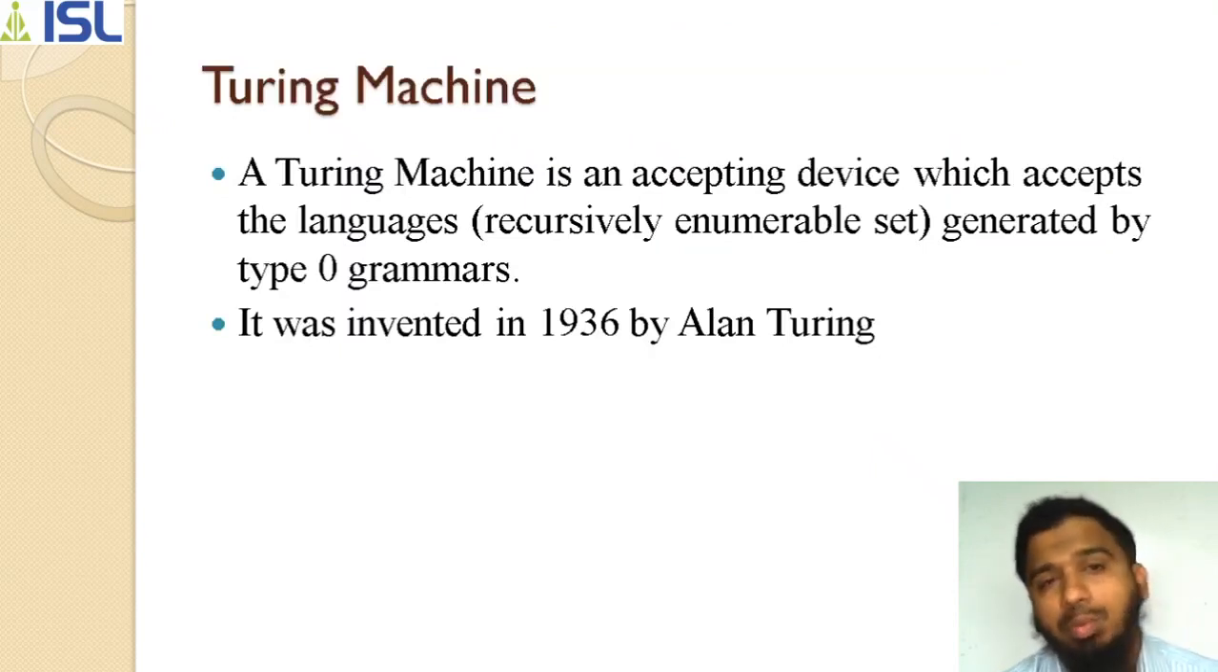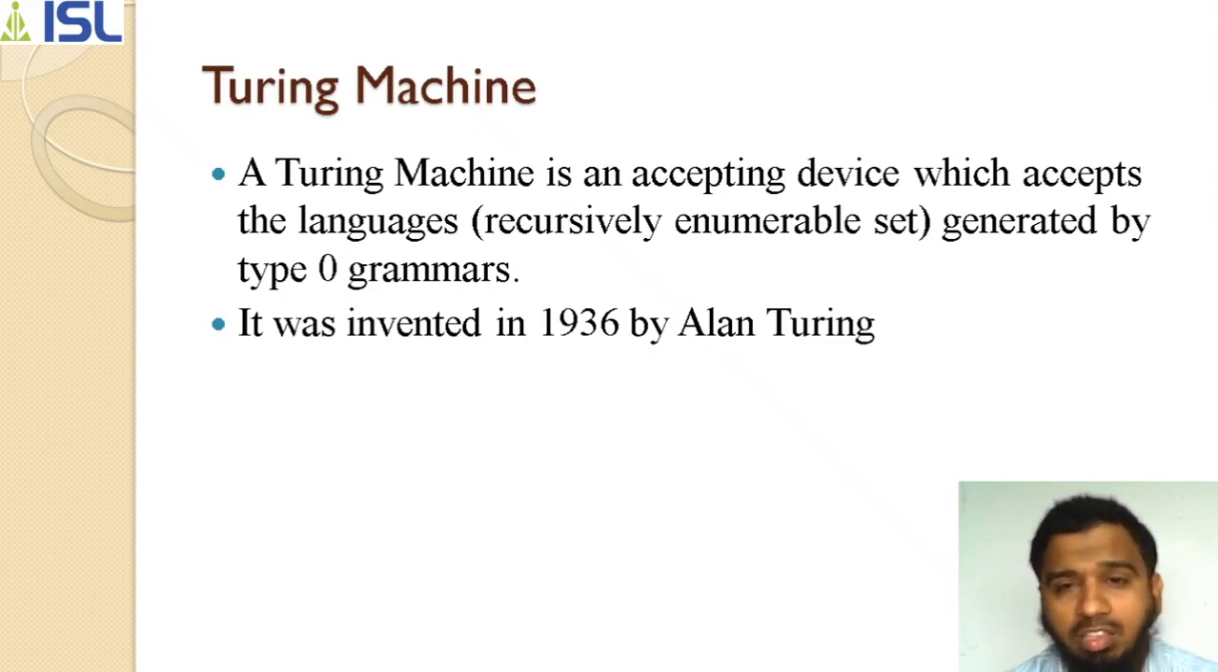So what is a Turing machine? This Turing machine is an accepting device which accepts the language, the recursively enumerable set generated by type 0 grammar, and it was invented in 1936 by Alan Turing. Okay, if you did not understand this definition, no problem, I will explain it to you